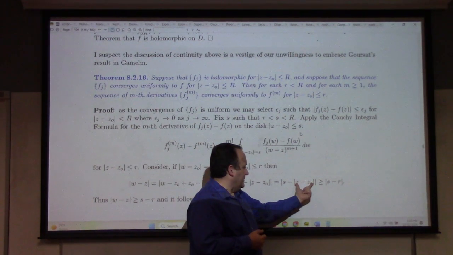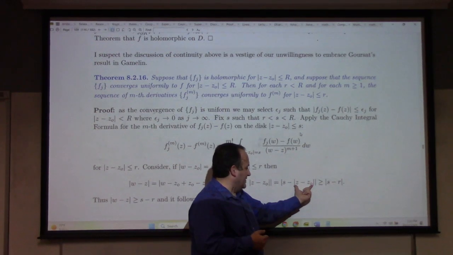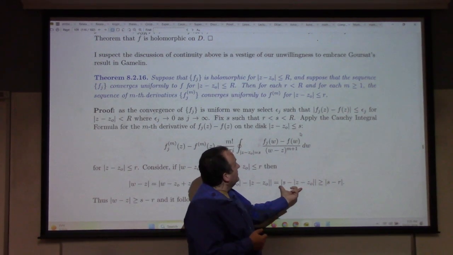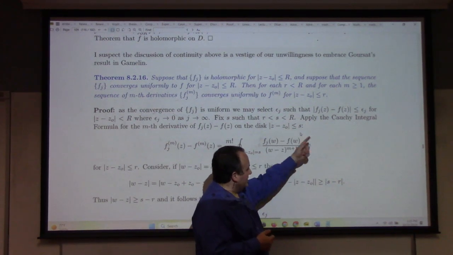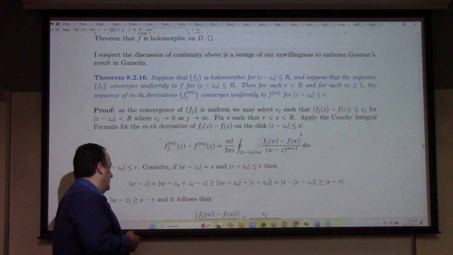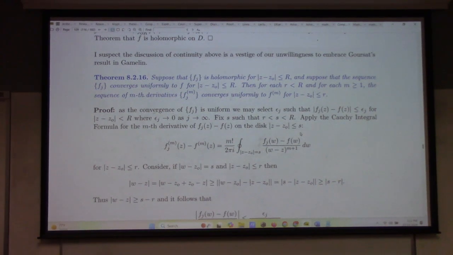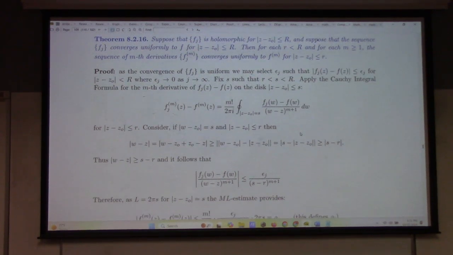If I make this as big as it can possibly be, that makes this as small as it can possibly be, right? Yeah. So that, as biggest it could be, is r, so I subtracted that. Great. So with that estimate in mind, you then have that